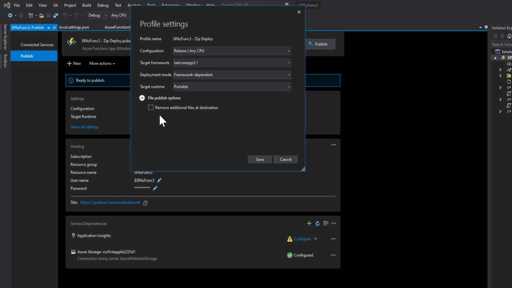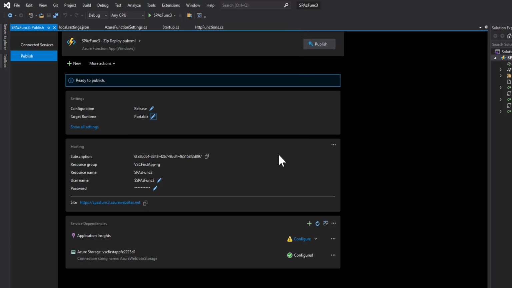On the file publish options, I'll leave everything as default. Target runtime is the same. You can also see the subscription ID, resource group, the username and other details, and this will be the function app site. Here, one more thing you have to do is deploy the local settings.